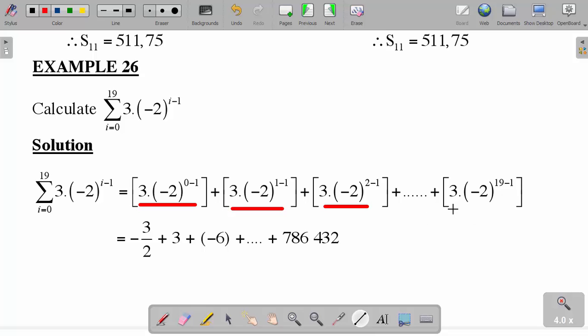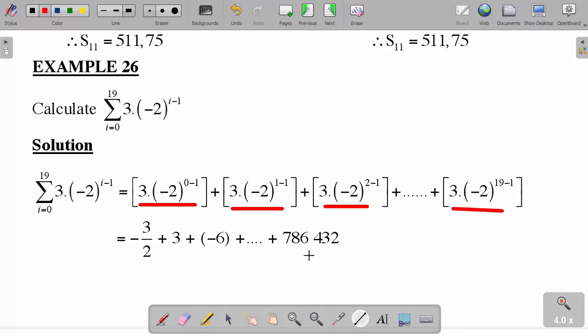So it's going to be 3 multiplied by negative 2 power 19 minus 1. Now somebody can say, do I have to do so many terms here? As long as you can do the first 3 and the last term, then you will be in a position to know the type of the series. In this case, after simplifying this one here, we get negative 3 over 2, then plus 3 plus negative 6 plus so many until the last term, which is